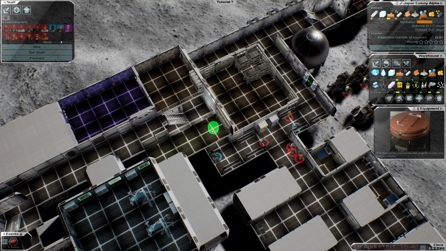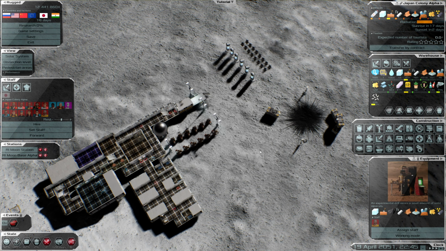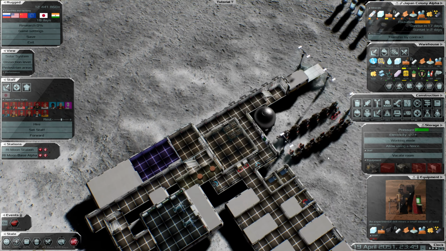Right, let's hire. Sorry, not hire, but let's assign our personnel so that they're not sat on their ass doing nothing. There we go. Steel. So yeah, we're producing no steel. So steel's one of them we're still gonna have to buy. However, we can move stuff around as and where we need. That being said, we're gonna need some room in our